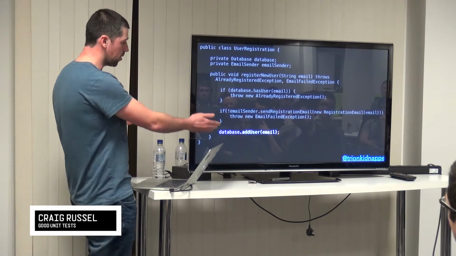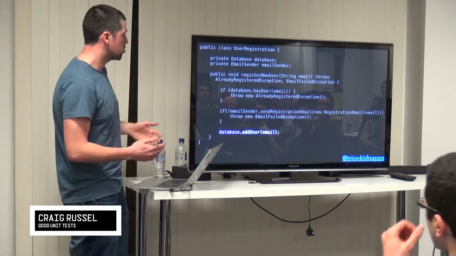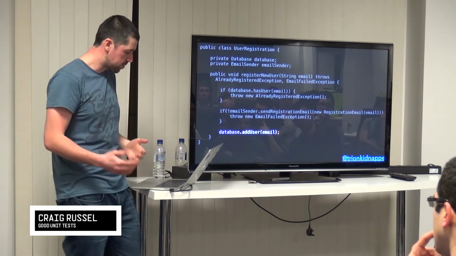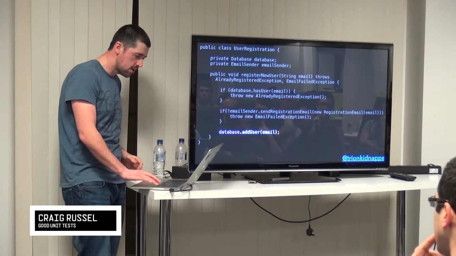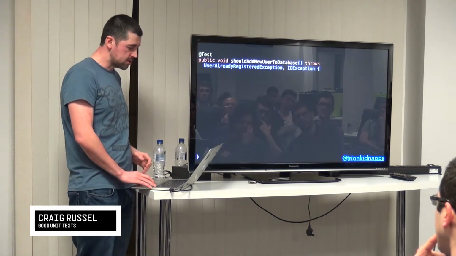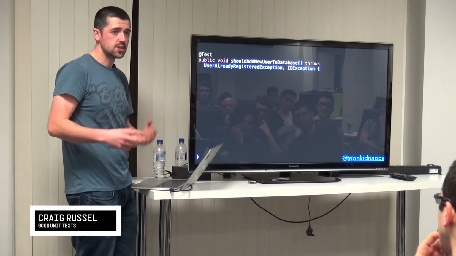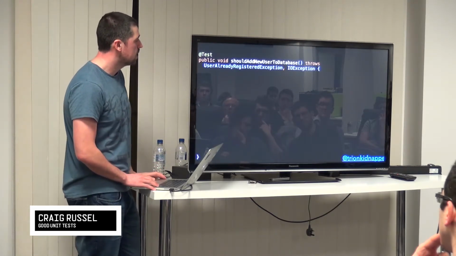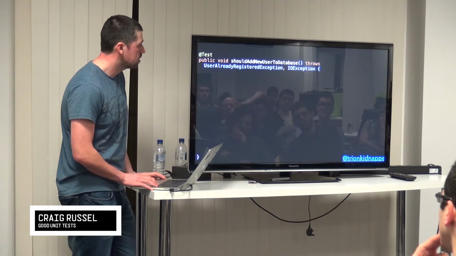It doesn't return a boolean or anything to indicate a success. It's really difficult to know whether that happened unless you're using a mock. So that mock gives us the ability to jump in and verify that that interaction did take place. So if we were to write that as a unit test, should add new user to the database, we can